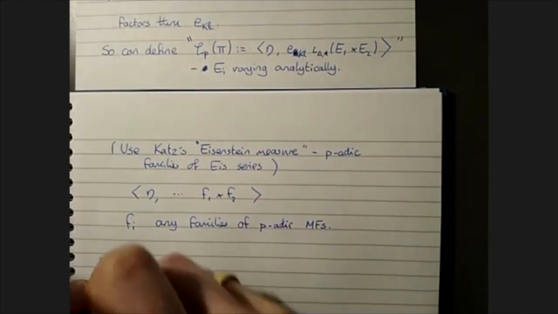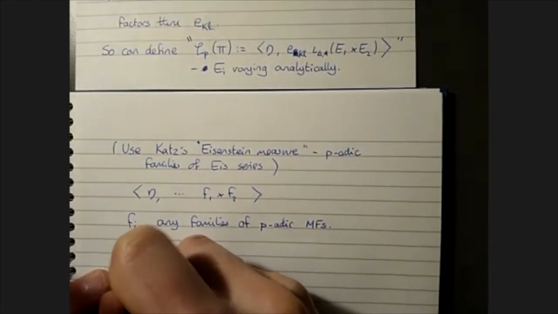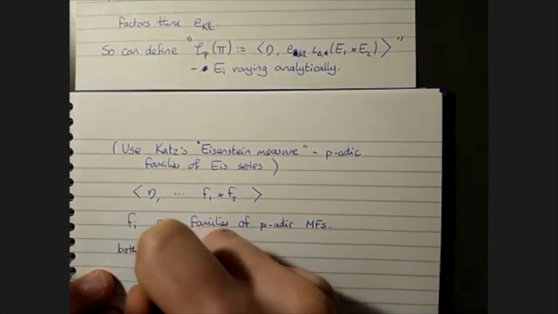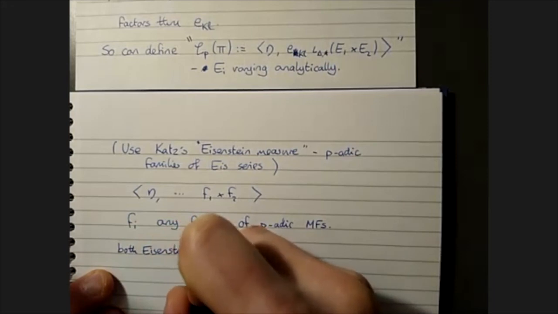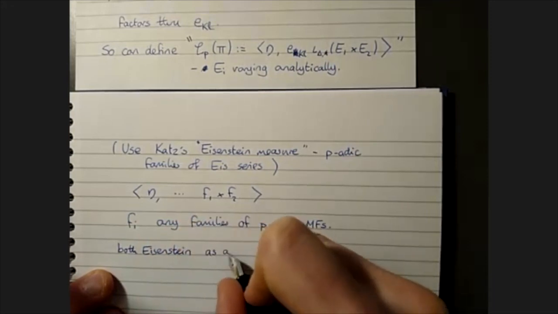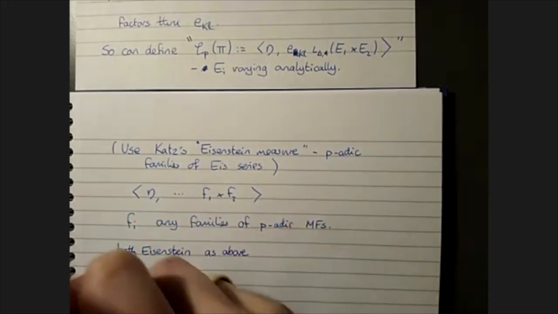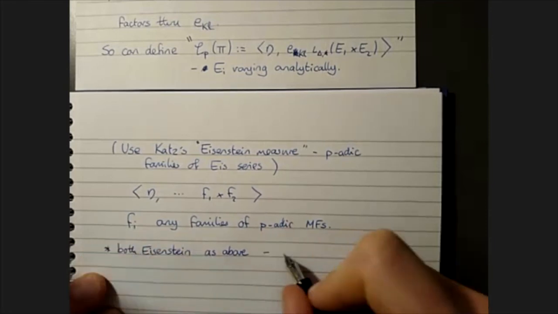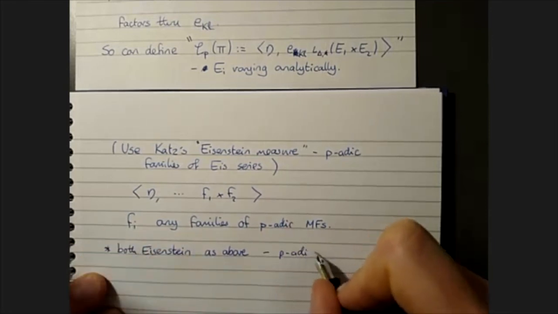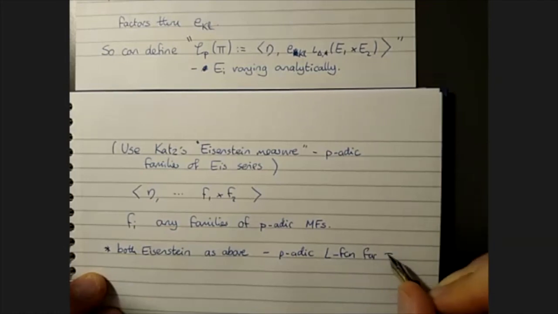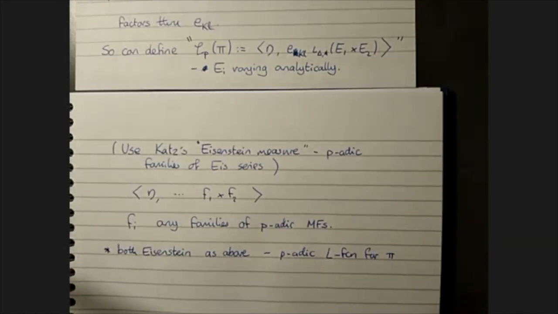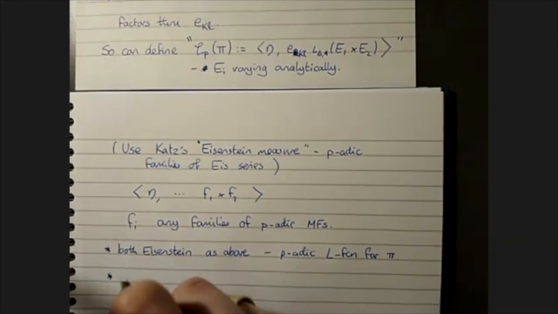So we can take both of them Eisenstein, and you get a p-adic L function for pi,